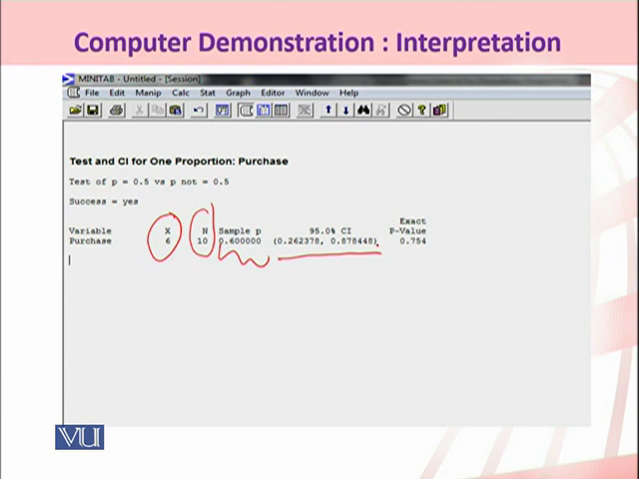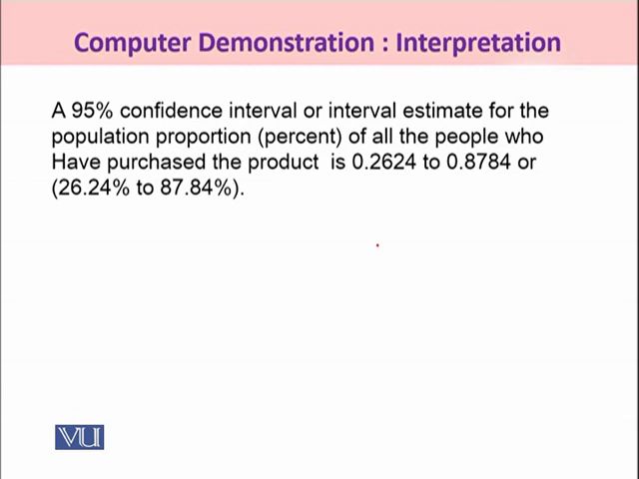So we are 95% sure that of all the intervals we have constructed for the unknown value of the population proportion, this particular interval will contain our unknown value. So let us interpret it in a formal way. A 95% confidence interval or estimate for the population proportion, or in form of a percentage of all the people, again, we are talking about the population who have purchased the product, is 0.2624 to